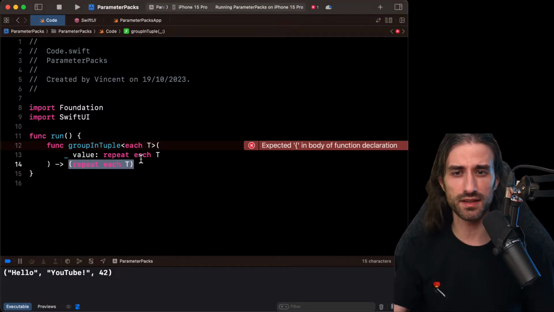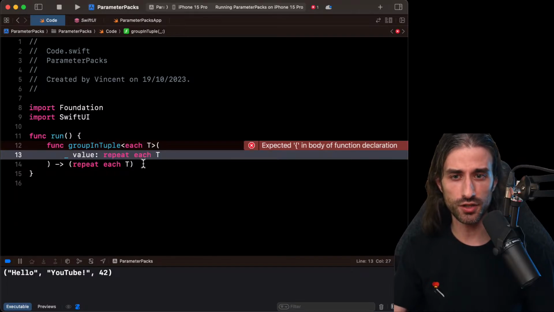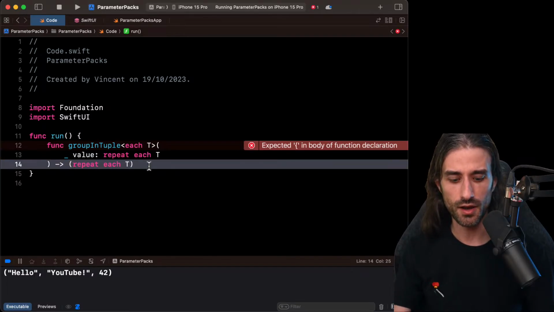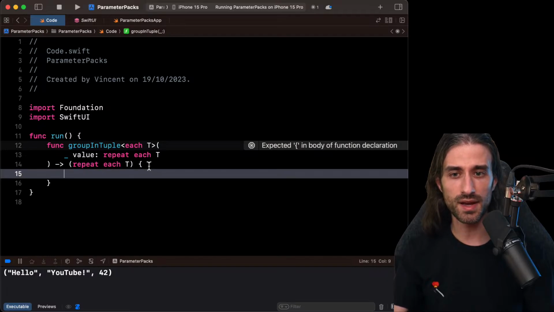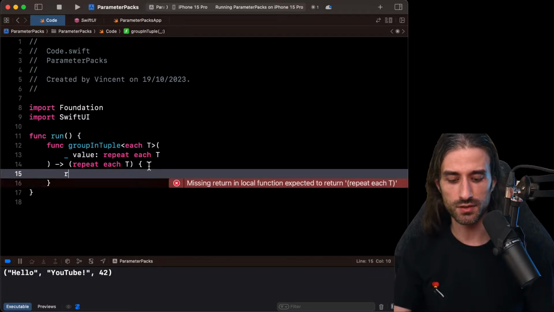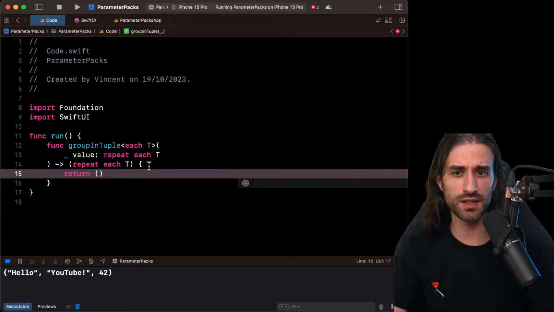Same thing if I add more values when I call the function, and we will do it just after because we still need to do one thing, which is to actually implement the function. So this function must return a tuple. As you can imagine, we will